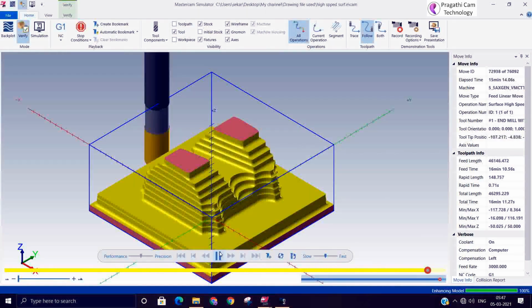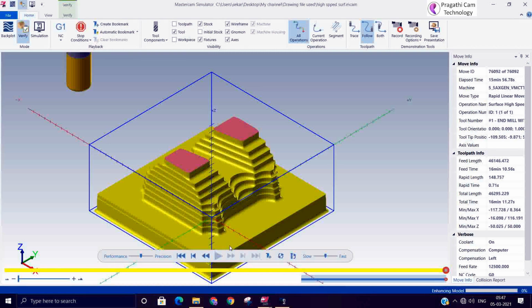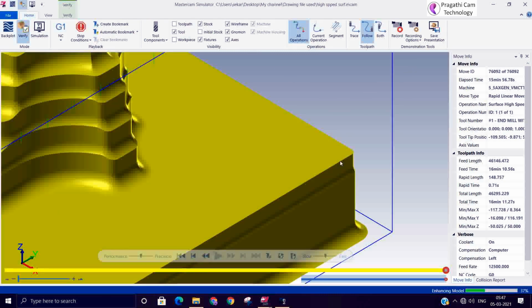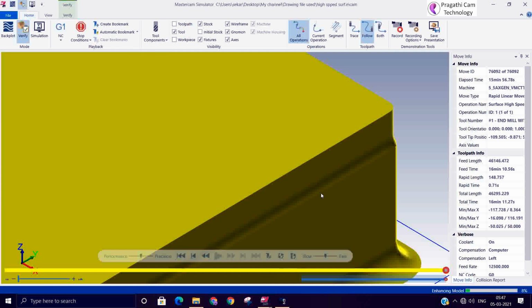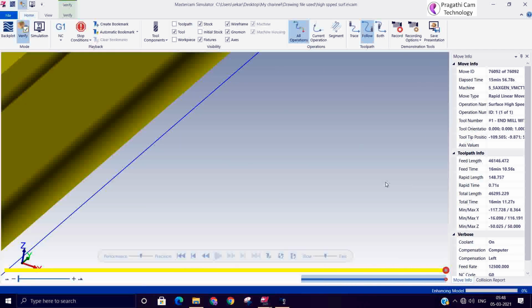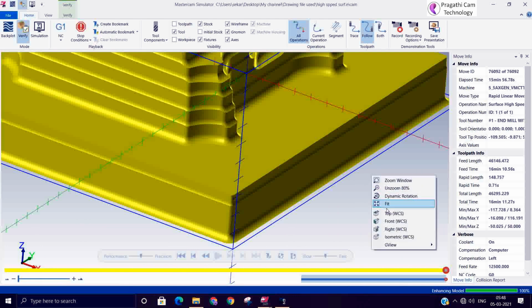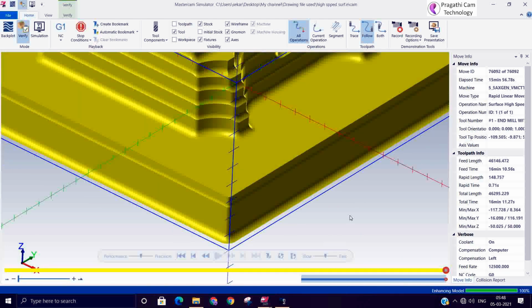Suppose I don't want my tool to come down. This 1 mm we have given, it will leave that stock and machine it. If you don't want that, you can adjust the depth limit. I'll go there and add the depth limit.